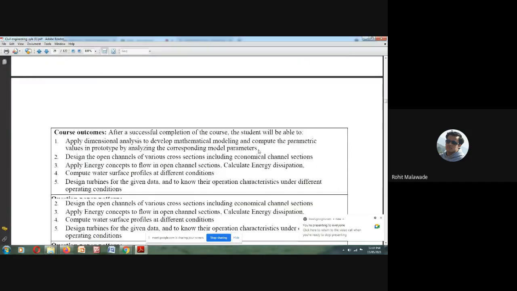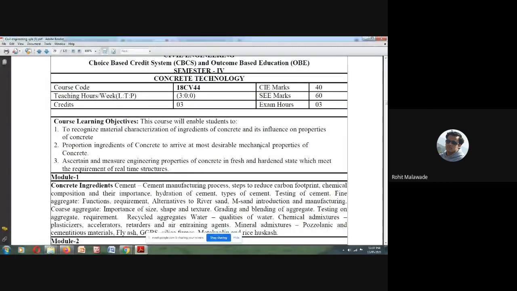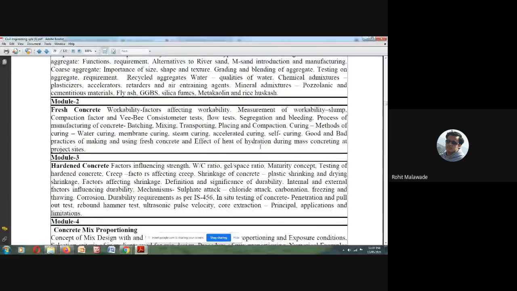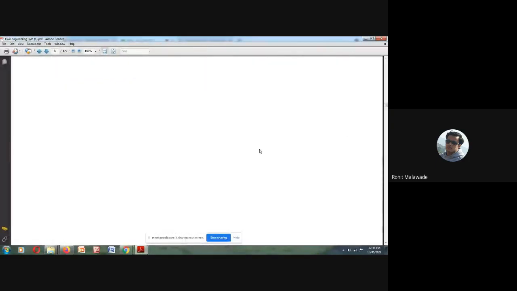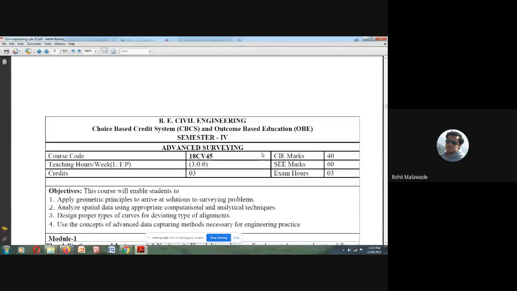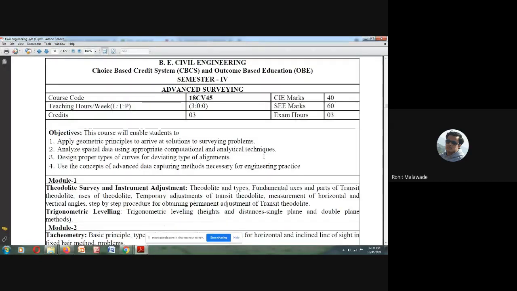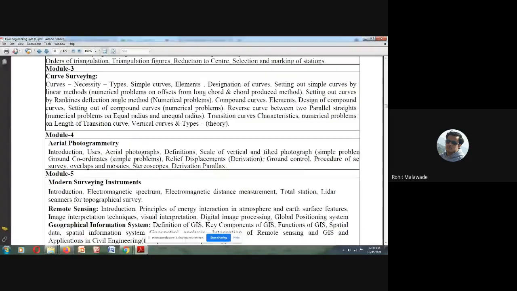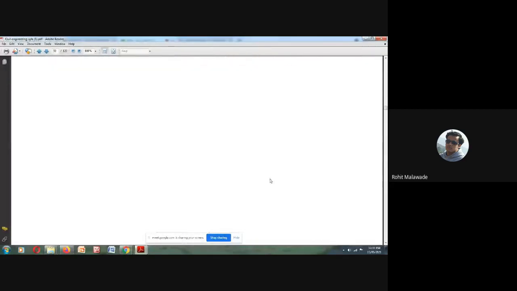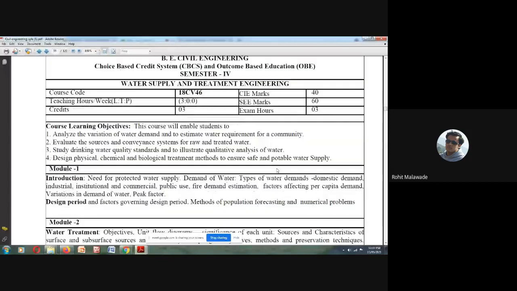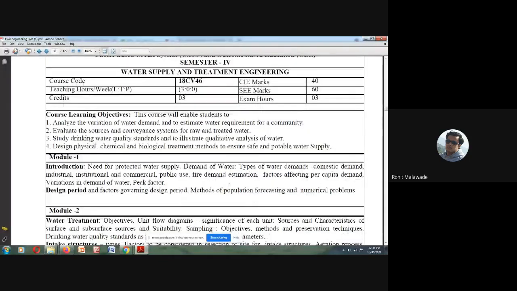So here in the previous module, we have seen what is water demand, what are the different types of water demand, why population forecasting is required, what is population forecasting. Based upon the population forecasting, we are going to design our water supply system, right? That we have seen in the previous class. Now, we are going to have the continuation of our previous module number 1.